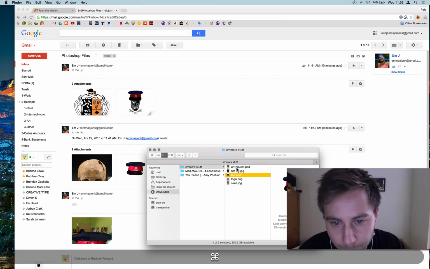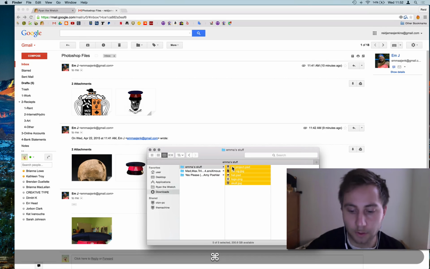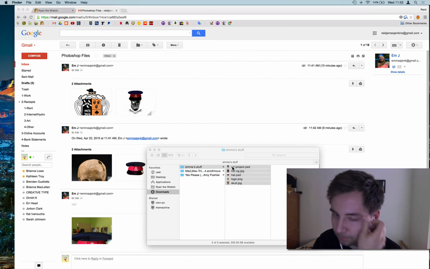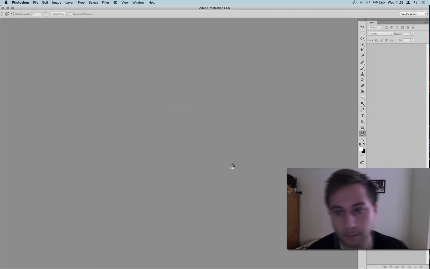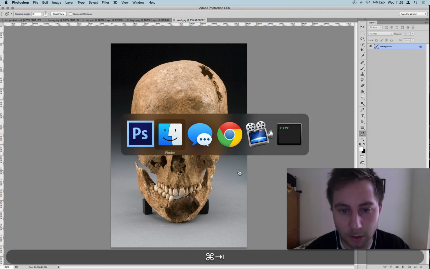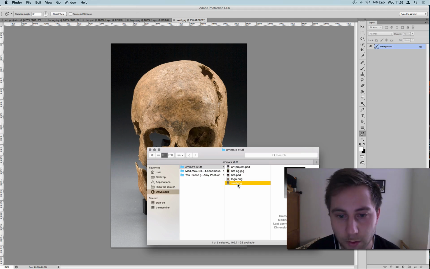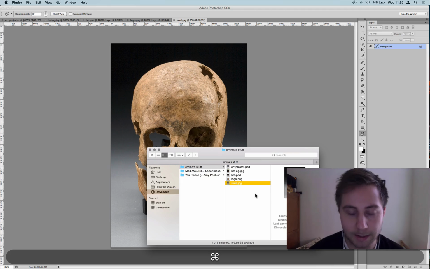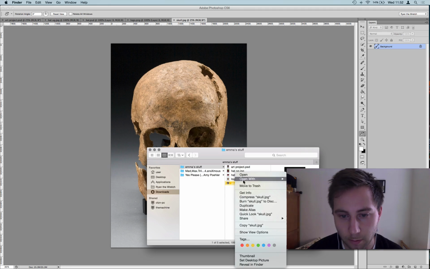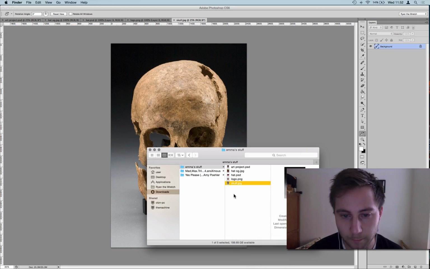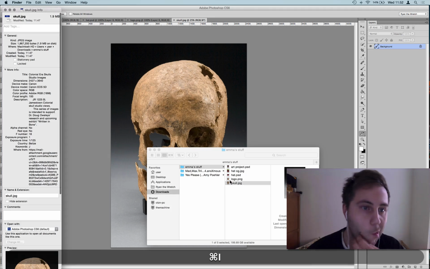Okay, here's what I would do. I'm going to open all these files, Command O in Photoshop. If your files aren't set to open in Photoshop already, like if they open in Preview, do this. And this is how to see how big a file is too. Right there, 1.9 megabytes. Command I